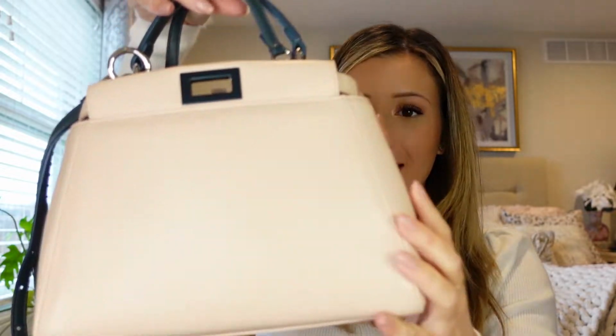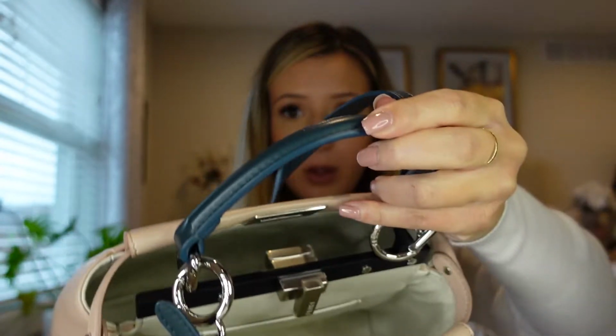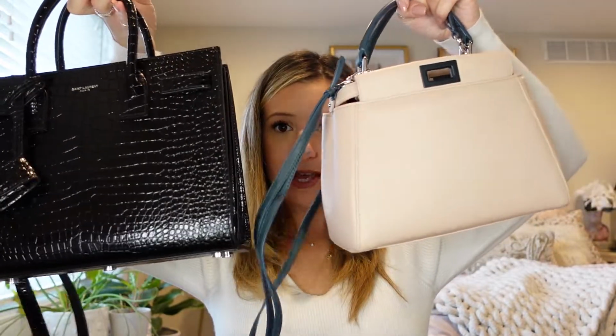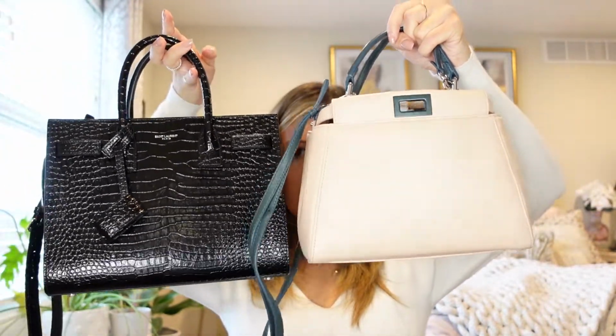This one I have in the lambskin. This is in a pale baby pink, and the color is called Soap, and it has a blue leather top handle with the crossbody strap. And I'm going to show you just for comparison in the size. This one is substantially smaller than this